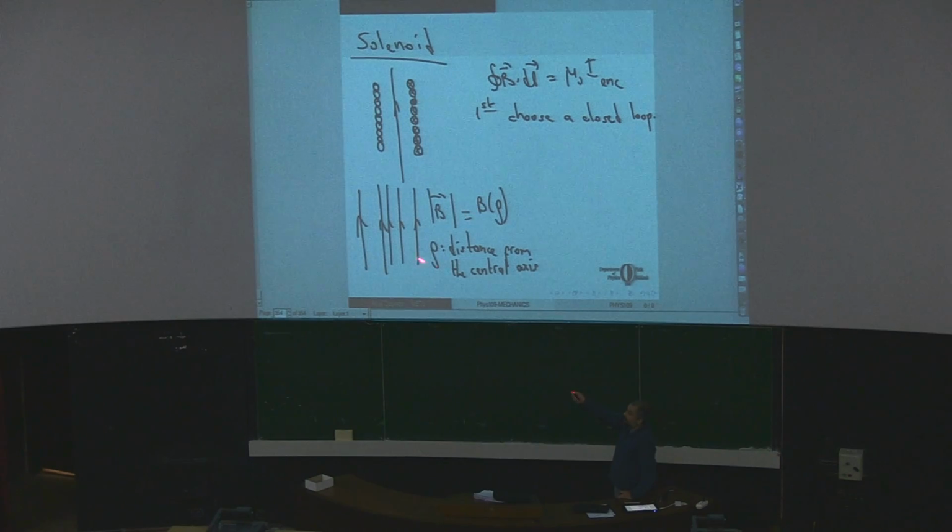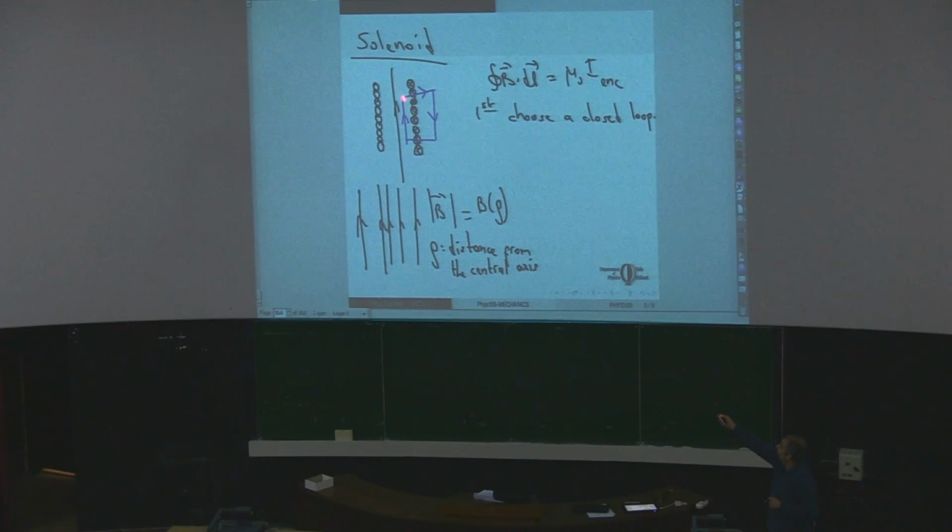So if this is the case, now just like in the previous case, we have to choose a closed loop, such that either as we move along the loop, we should be moving along a line which has the same constant magnitude of the magnetic field, or we should be moving in a direction which is perpendicular to the magnetic field so that there won't be any contribution. And in this case, we can just imagine a rectangle. If we choose such a rectangle,